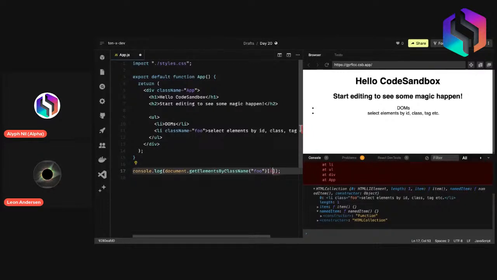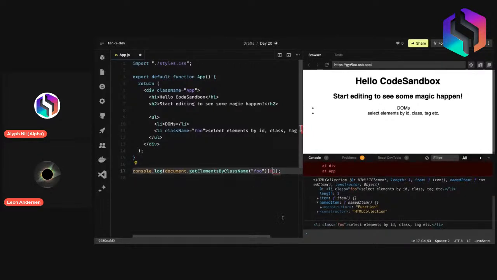So, for example, if I have defined const element equals document dot getElementsByClassName foo,